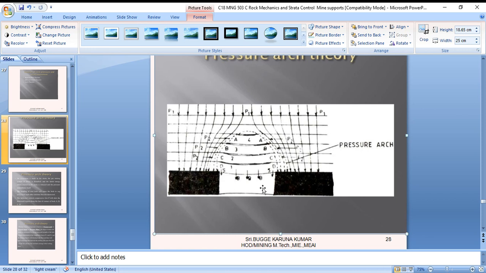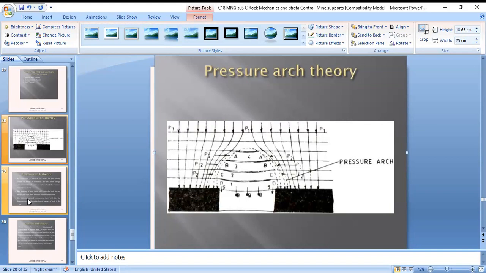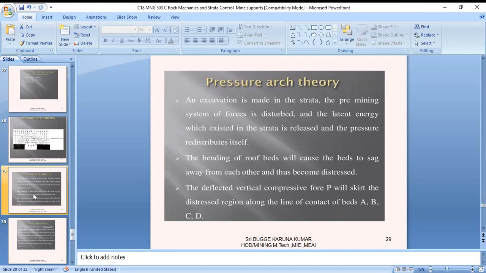This is a design equation for the degree of reinforcement. The laminated equal thicknesses chart for evaluating friction effect can be used. For example, this graph gives the following interpretation. So that is given here. Similarly, in the strata, in the pre-mining system, the forces are distributed and the latent energy in